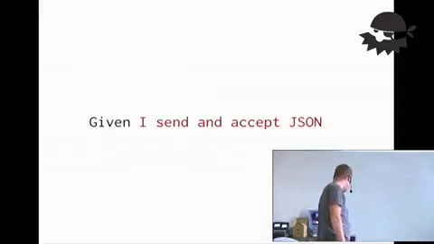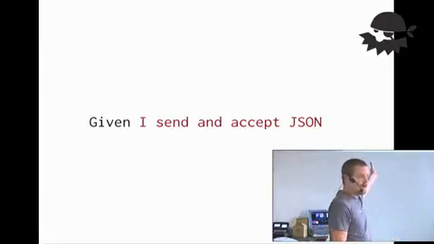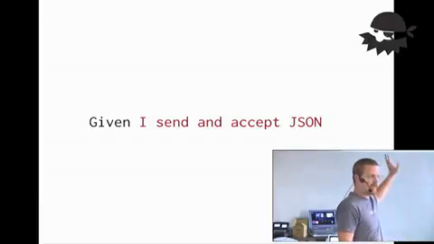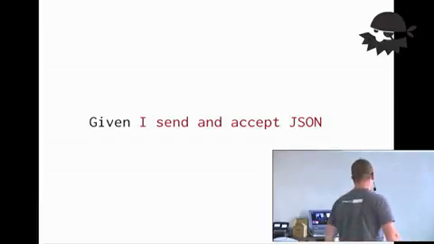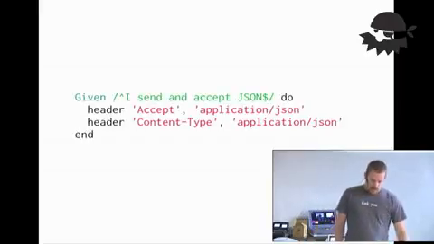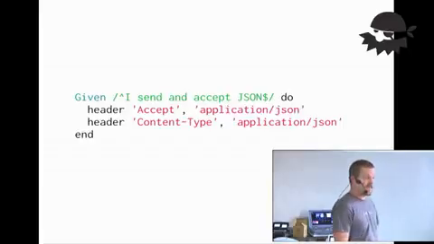Now let's break this down into its constituent pieces. The first thing, this is a step, and this step right here says I need to do something. The thing I'm going to do is say I send and accept JSON data. As this stands right now, this doesn't actually do anything. We need to provide an implementation. And inside of Cucumber, the way you do that is with a step definition. So what we're going to do is use this. Basically, we're going to set the headers right there inside of Cucumber. It's pretty obvious what's going on here, at least if you look